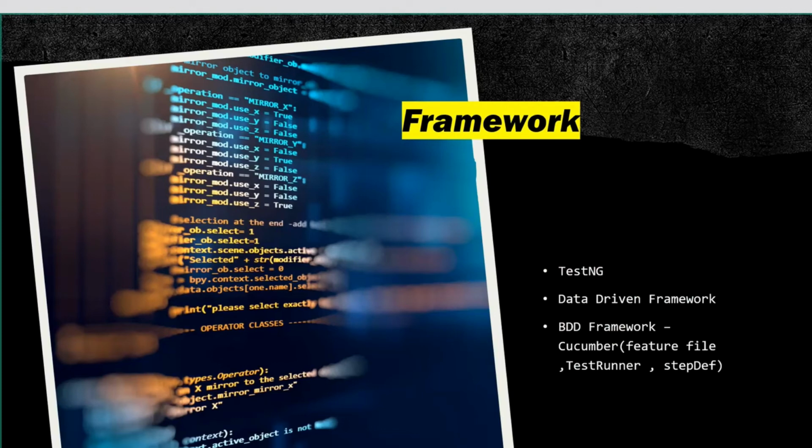You have written 500 cases and now you take a full day just because of the smallest change made by a developer. You are taking a whole day to maintain your script. So the script should be maintainable.